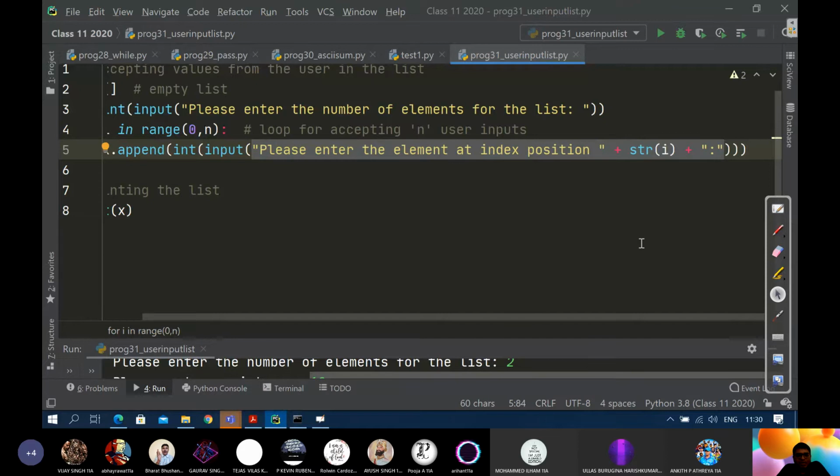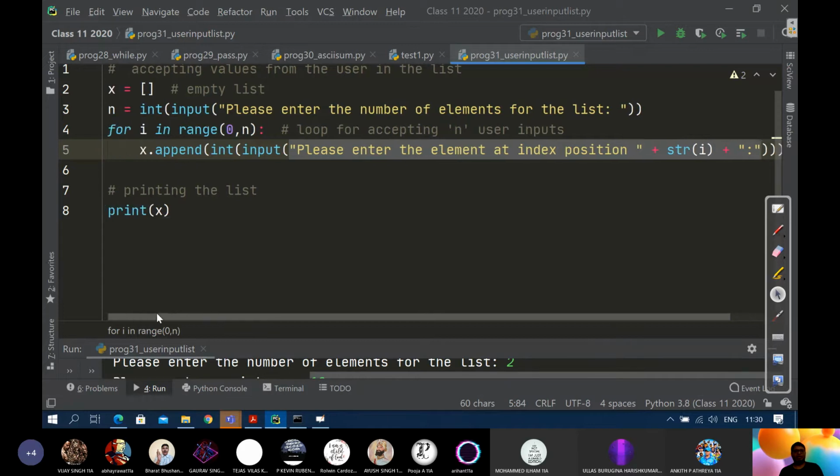So now, Ankit, you tell me how this prompt inside has got anything to do with int. Nothing, sir. It's just the message that you are leaving for the user, while the user is entering the value. You are just trying to help the user by making it more interactive and user friendly. Yes, the objective of the prompt is only that.